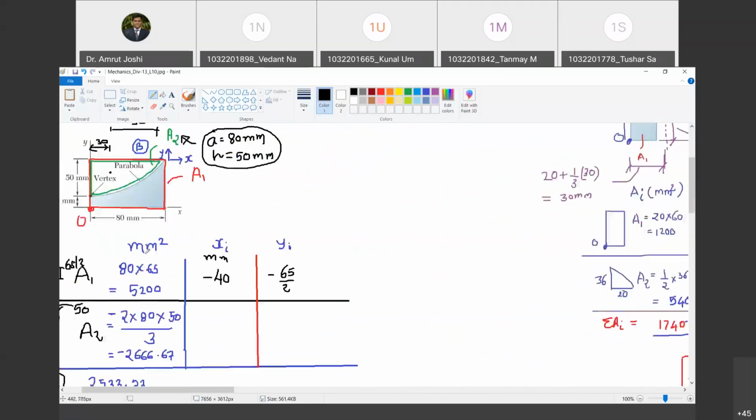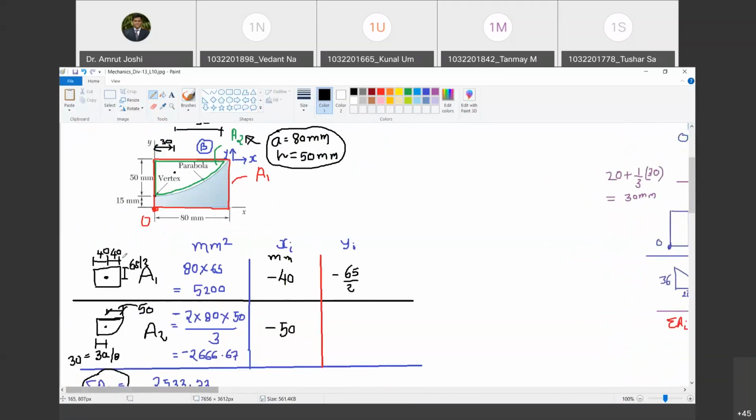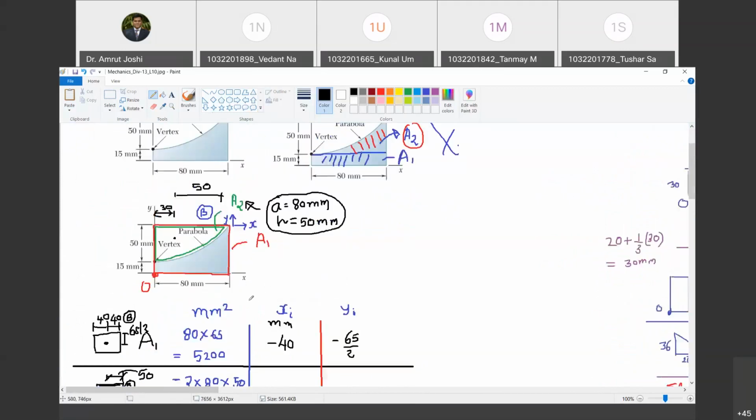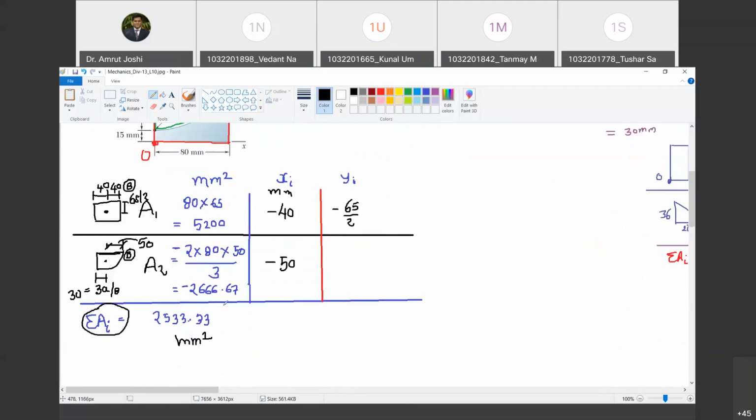So what should I write? Minus 50. Great. So I am going to write minus 50 here. Happy? Have you understood now? There is no issue? Okay. Always keep in mind we are writing down the distances with reference to B. That's why I have added the twist. It is not necessary that you will always be asked to find out centroids with reference to O. Are you with me? Yes, sir. Okay, let's move ahead.